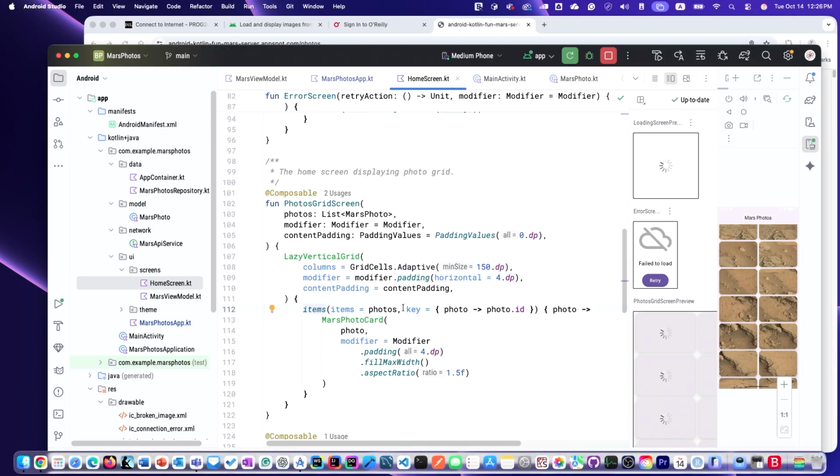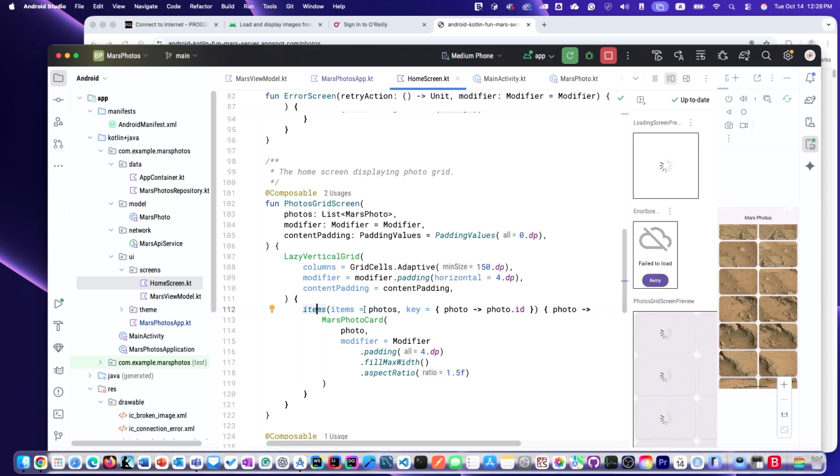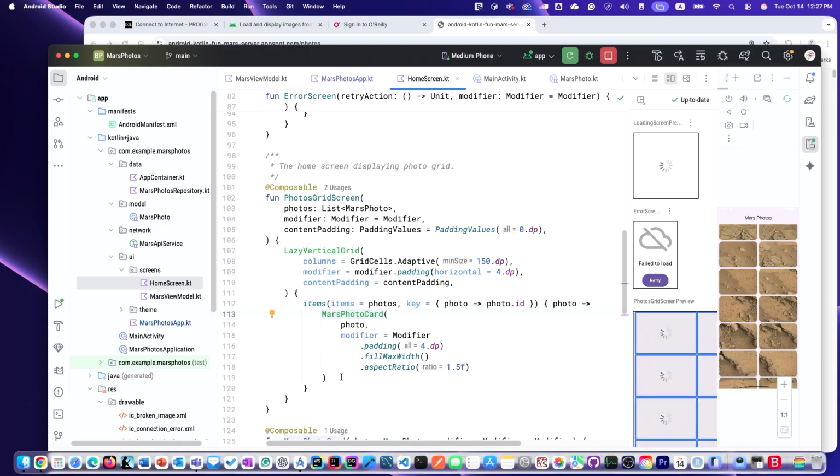And items, key is used for optimization. So when we scroll, it will update only things. So it is for optimization of the update, essentially. And they use ID for it. I didn't use key in my examples so far. And photos, it is iterable, so it is one photo at a time from the photos, and it's a display Mars photo card. Mars photo card, it is separate